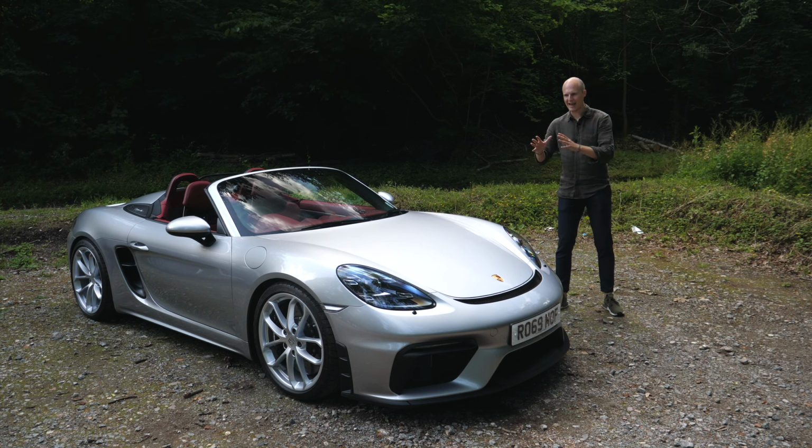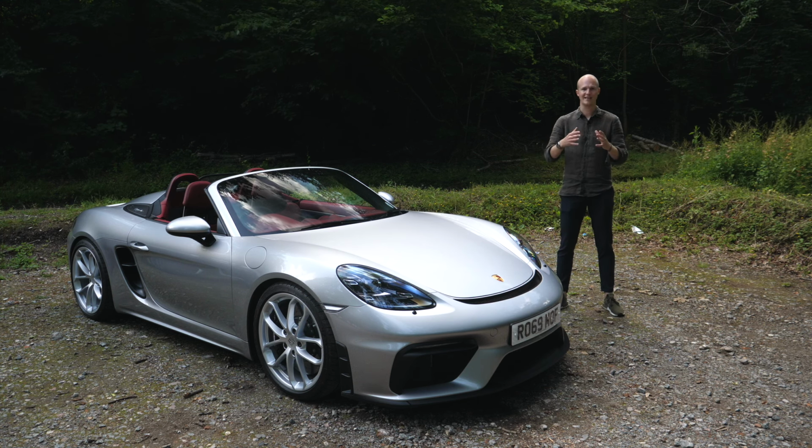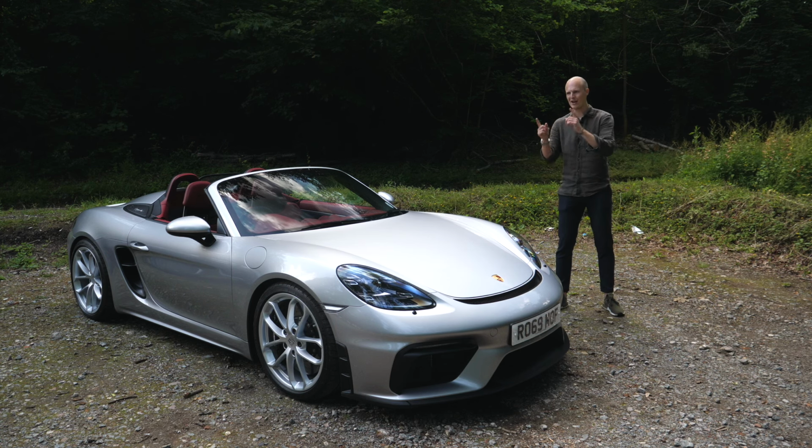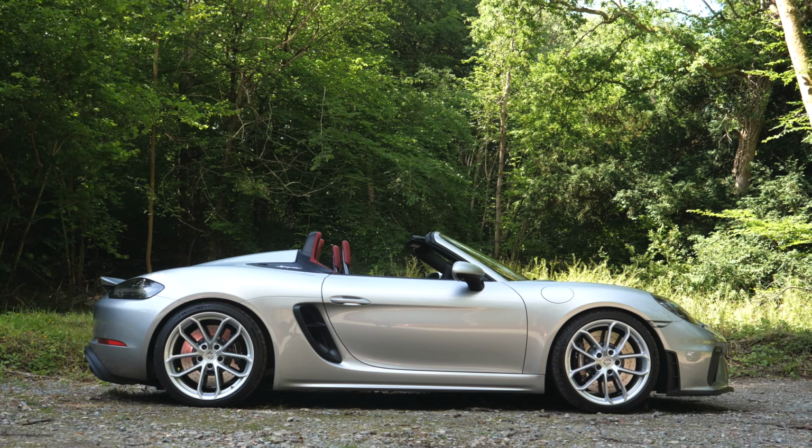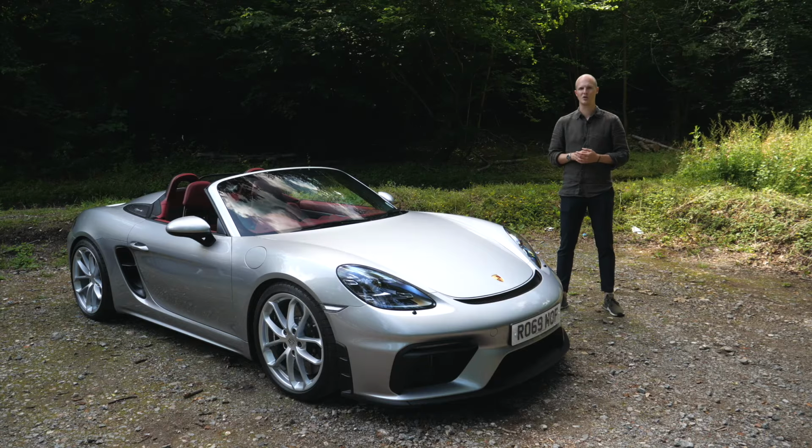But it's not the same 4-litre naturally aspirated flat six that you get in the GT3 and the 911 Speedster. No, it's the turbocharged 3.8 litre you find in most 911s without the turbochargers and bored out to 4 litres. Potentially a bit of a backwards process, but it means this car is good for around 420 horsepower, 0 to